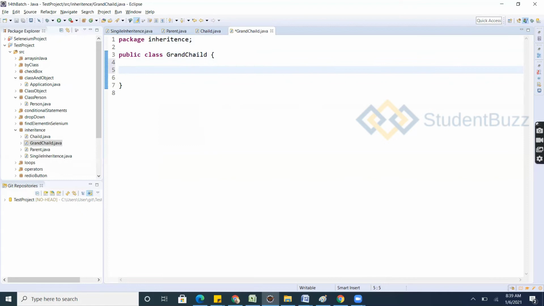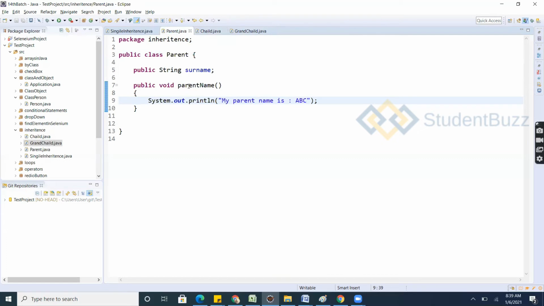The grandchild also has a name, and he also wants his surname. From where does it come? It comes from his parent. Who is his parent? The child is a parent. Who is his grandparent? This parent is a grandparent.